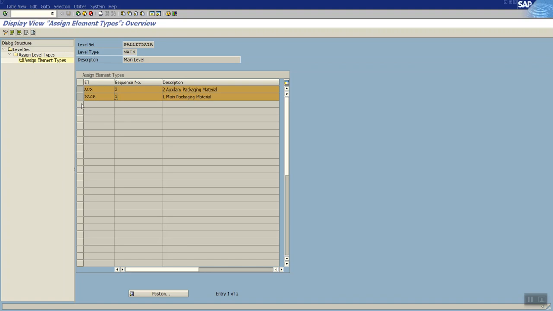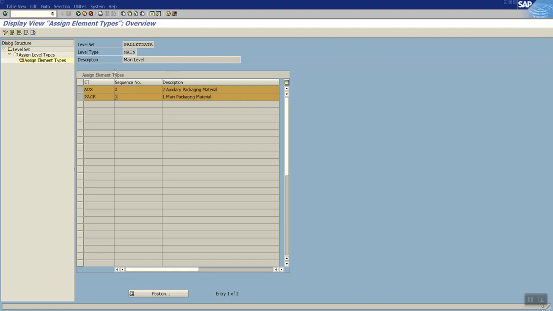Here the sequence also we can maintain. So my first priority is my actual packaging material. Auxiliary material is optional, whether I use it or not. All the products may not be required to use the auxiliary material, so wherever it is needed, we can make use of that.